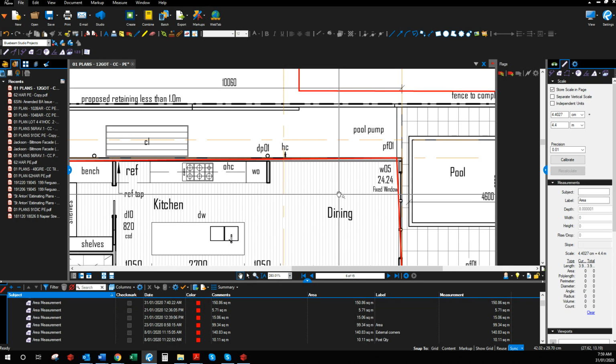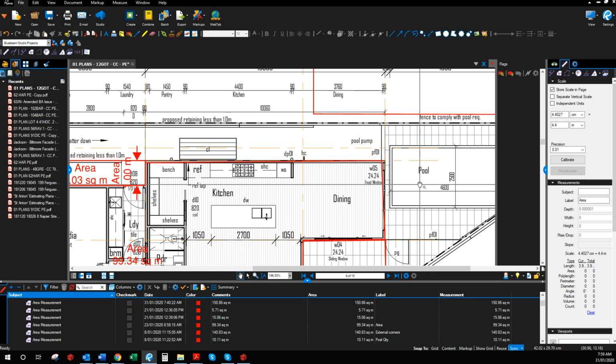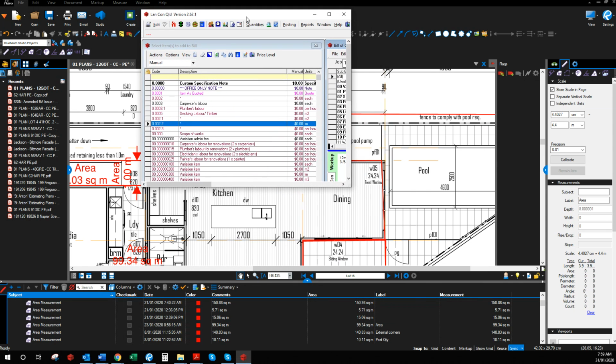And then we'll go down to our dining area. So that was 3.76 plus 3.76. So that's the upper bead and the lower bead. And then we've got plus 3.2 and 3.2, which was each side. So that was 13.92 divided by 5.4, which is the length that the quad comes in, and so that's 2.5. So we'll order another 3 there. Now just need to find a price for that one,